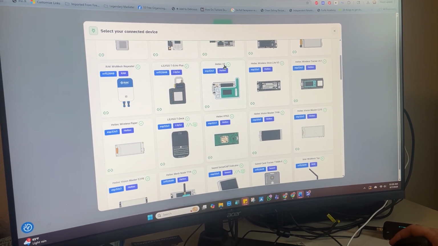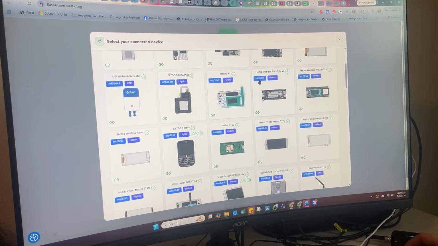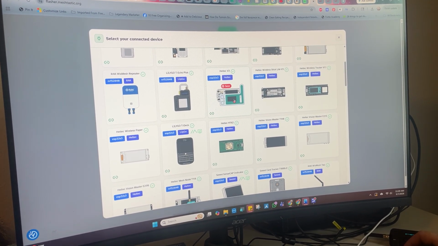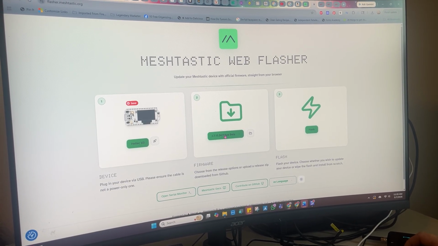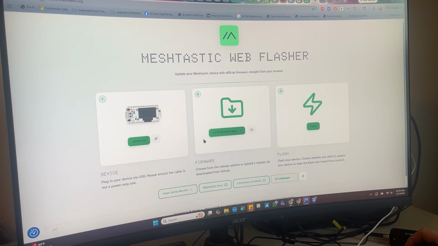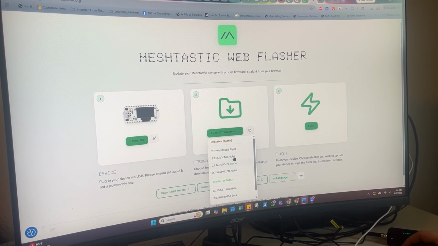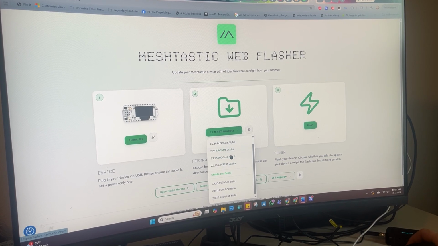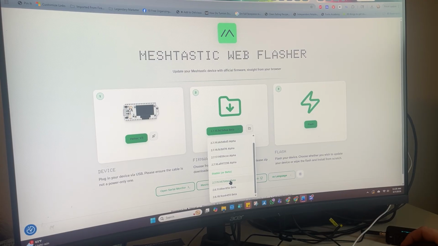We've got the Heltec V3, and there's a couple of versions of that. They all have the same model, so I don't know if it matters which one we click on. Then there's our board. Then you come in here to the version that you're downloading. They have alpha and some different versions, but if you're not really messing with the software, just go with beta stable,